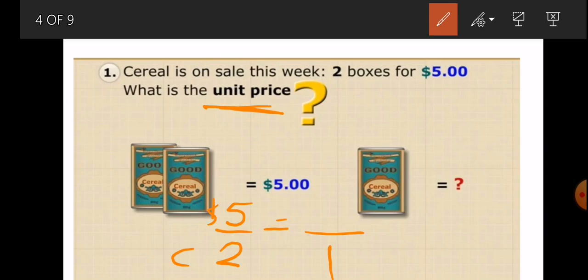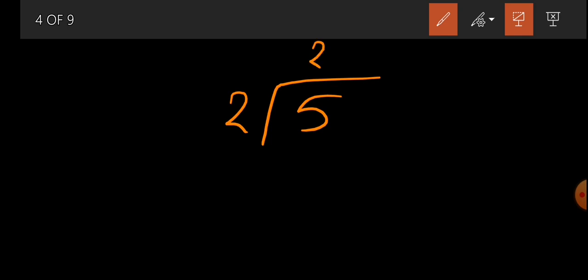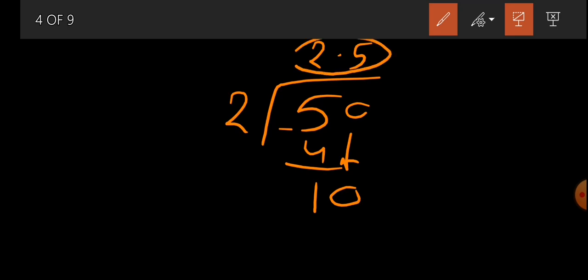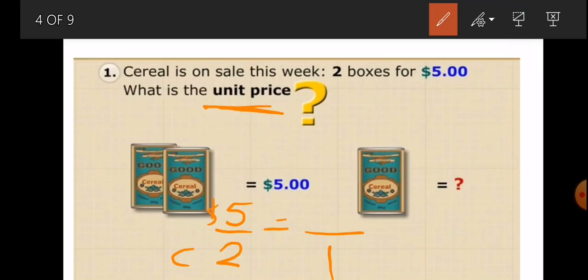So 5 divided by 2, how to get this one? Do you remember? 5 divided by 2 will give me 2, multiply it 4, subtract, you will have 1. Then put decimal, add 0. So 10 divided by 2 will give 5. So the answer is 2.5. So here the cost of one cereal will be 2.5. So the unit price is $2.5